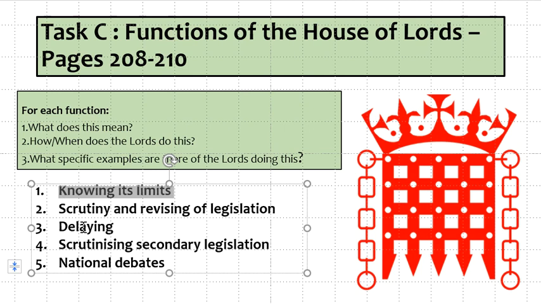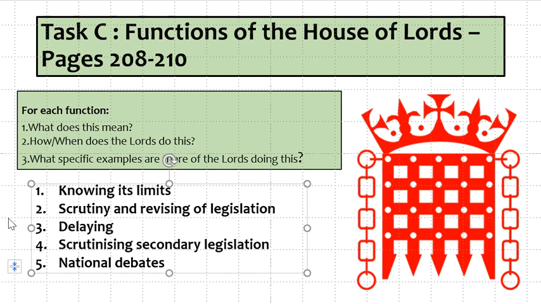It does give the Lords a power of delaying legislation and delaying action, asking Parliament, the House of Commons, to look again at certain pieces of legislation, and there are examples of that in the textbook. But this is to be done sparingly, because the House of Lords is a controversial institution, as we'll come to debate. It is very controversial.